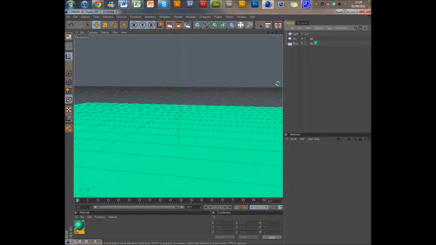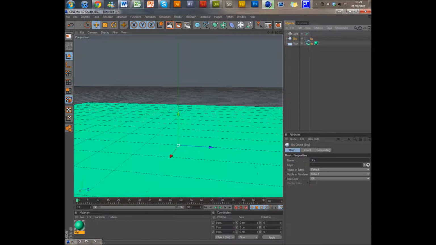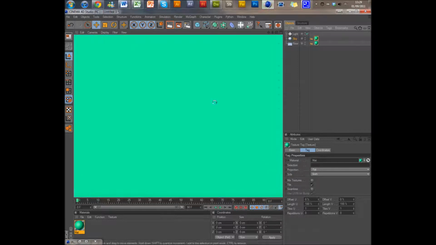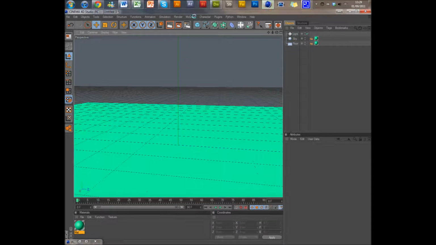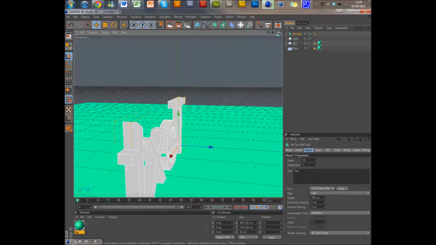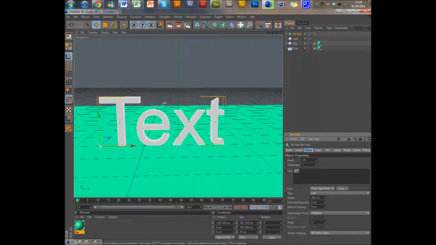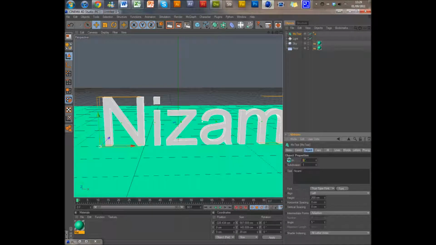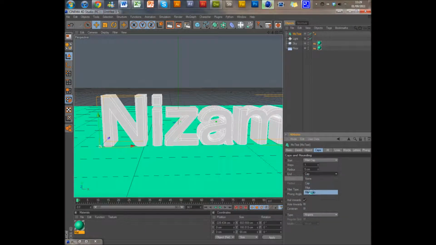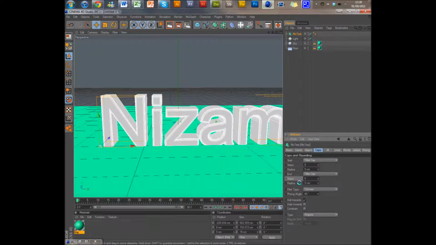Here we are, but now you want to also drag this colour onto the sky by holding control and moving it to the sky. So now when we look down, we get this nice green studio look. Now if we get some text in, rotate round, and we can write, I'll just write Nizami, and I'm going to put the depth to about 60, and give it some fillet caps, play around with settings. I'm going to add 6 steps, and that'll do. And then I'll change the font